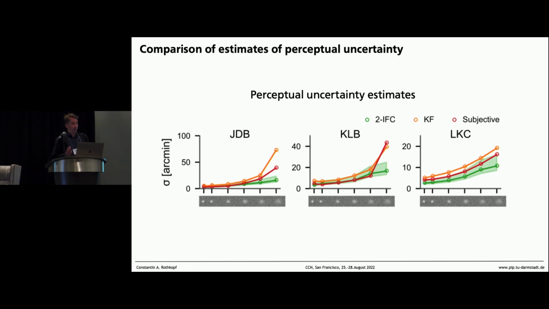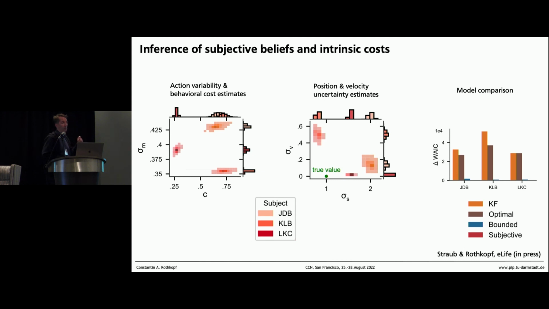But of course, the whole spiel here was that this is not only a perceptual task, so it's not only about getting the perceptual thresholds, but it's trying to get at these other quantities. So what we can extract now for these 3 subjects is the individual motor variability, the internal costs for making the movement, and we can also get at their implicit assumptions about how the target actually moved. So what were the internal assumptions about the random walk that was displayed on the monitor? What you can see here is, well, nobody nailed it.